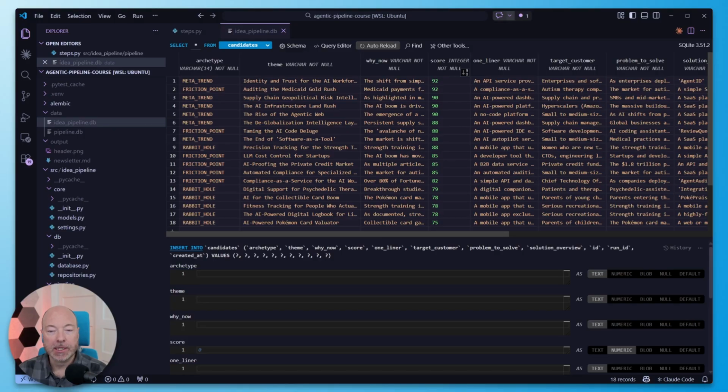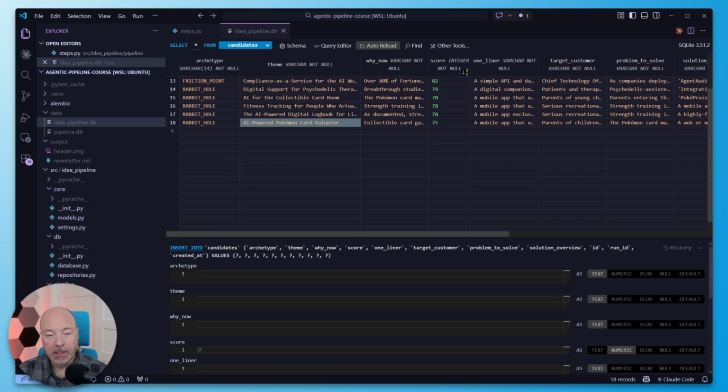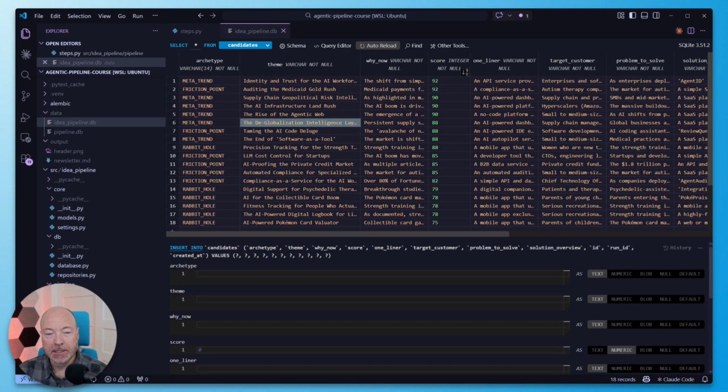So here we're looking at our database of ideas that we've generated so far. It's only 18 ideas at this point. And I went ahead and sorted this by score. And you'll see a pretty clear pattern here where the winning candidates are pretty much all meta trends and a few friction points. So down here, we get one rabbit hole idea, and then we get a whole bunch more